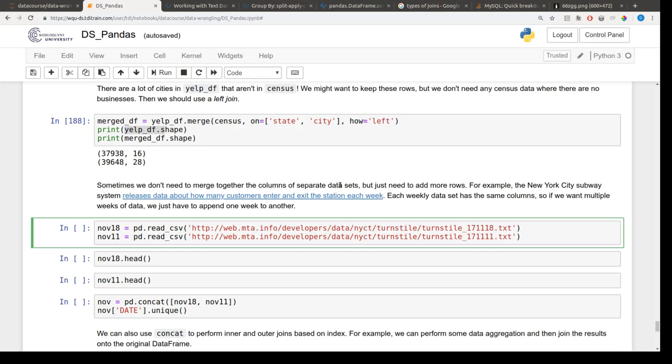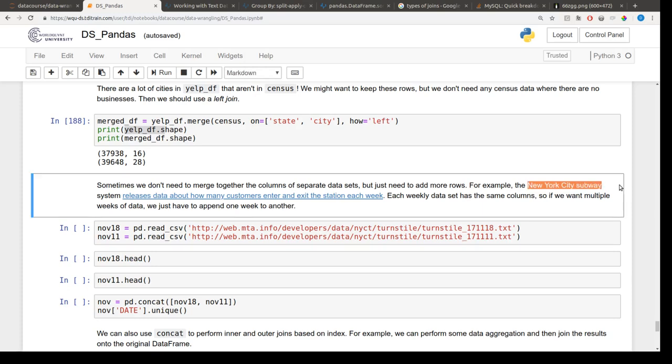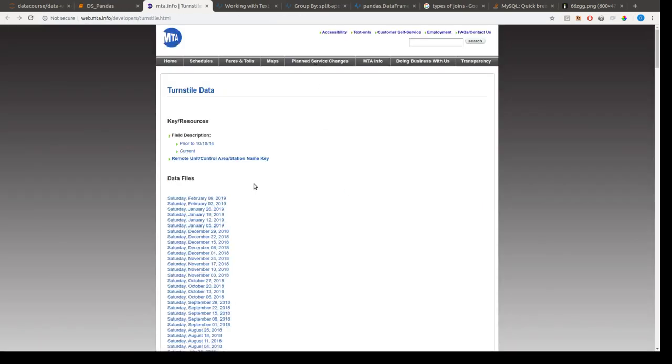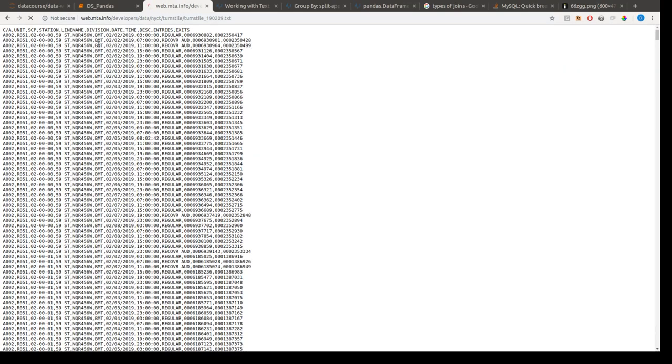One example near to my experience is the New York City subway system releases data concerning the customers passing through the system. So there are counts that they make available of how many people are coming through the turnstiles every day. So they have counts like entries and exits here, and if we zoom way in,